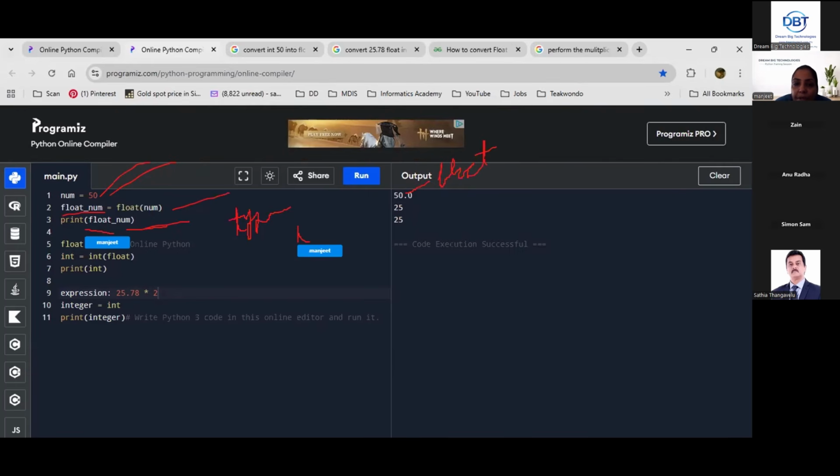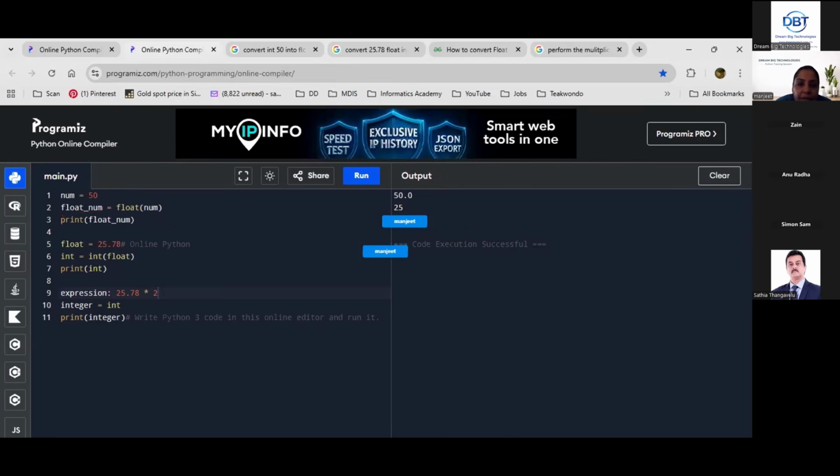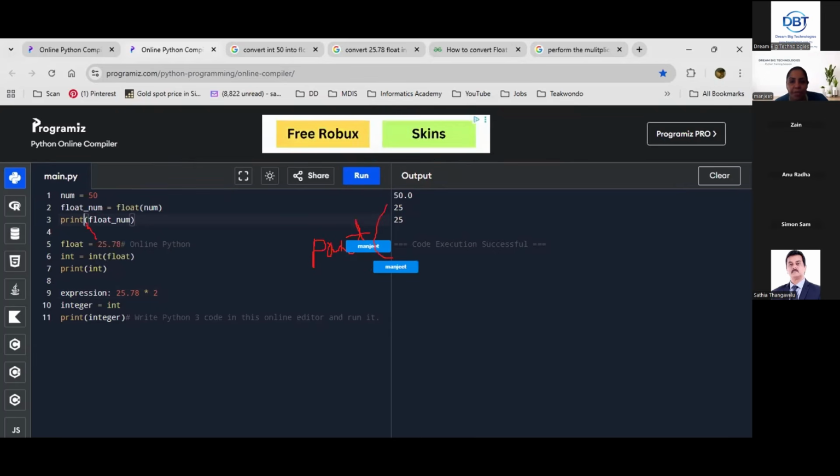But here you should type that one, like type, round brackets, and then you have to pass that one, float underscore number, in it. Where should I type? Here in the print statement only. Before this one, put a comma here. After print, in this bracket, you pass the message in double quotation like this. What message are you going to pass?